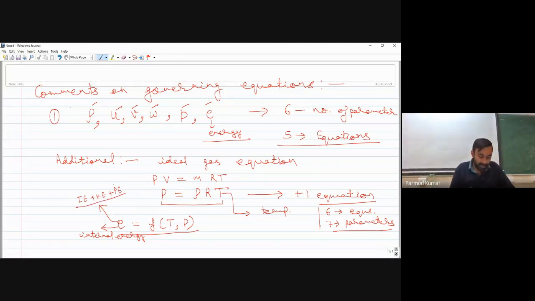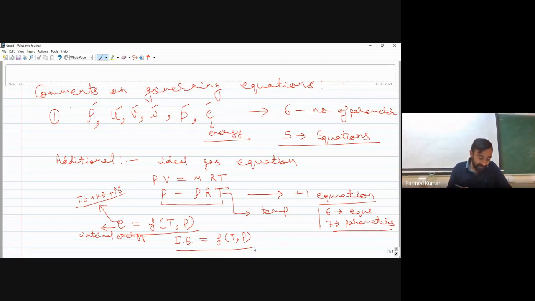But in that case, we have to say that our internal energy is actually a function of temperature and pressure. Okay, and this we know further. Say if we are having a situation of constant volume condition, then I can write internal energy as Cv times dT for an ideal gas. And if I have constant pressure condition, then I can write internal energy equal to Cp times T.